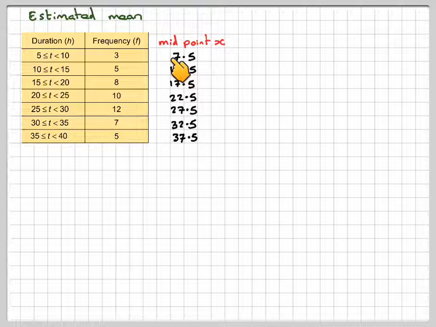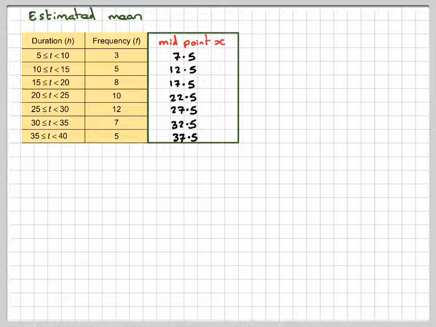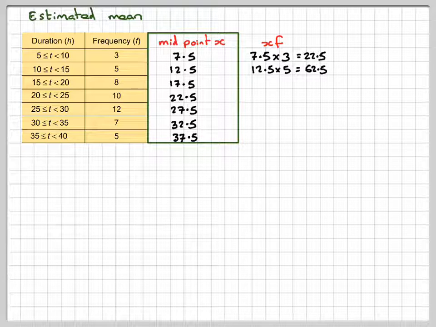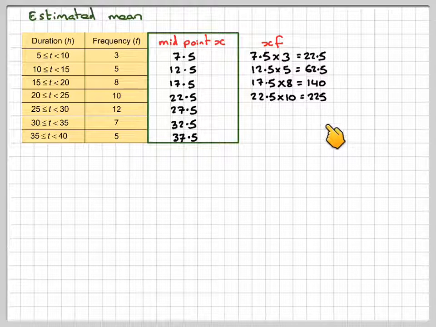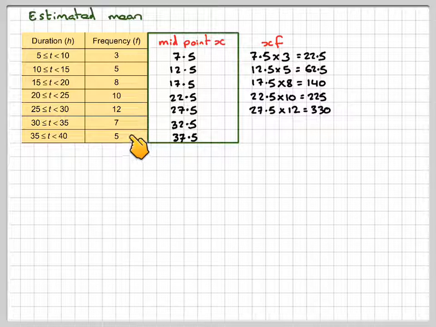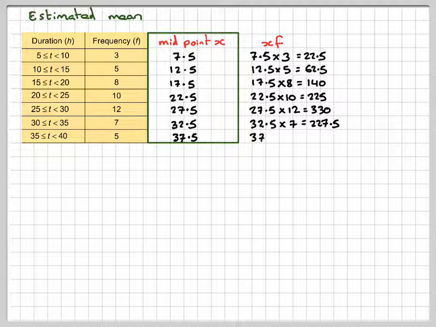So you need to multiply this column by this column. And this is called x times f. So it's 7.5 times 3, which is 22.5. 12.5 times 5, which is 62.5. 17.5 times 8, which is 140. 22.5 times 10, which is 225. 27.5 times 12, which is 330. 32.5 times 7, which is 227.5. And then 37.5 times 5, which is